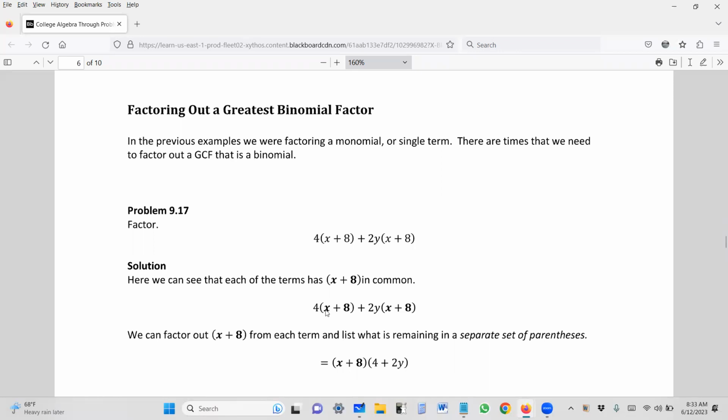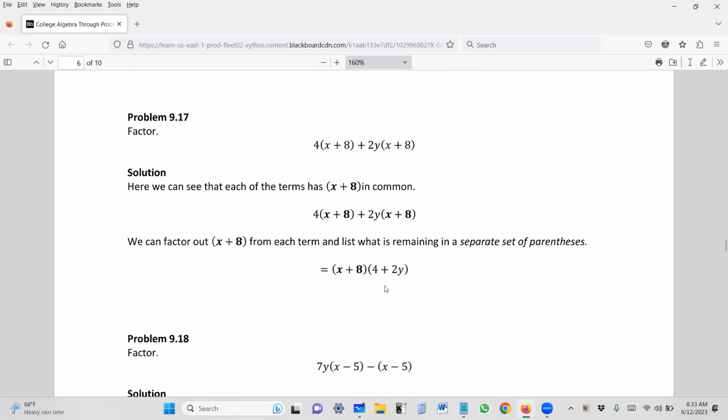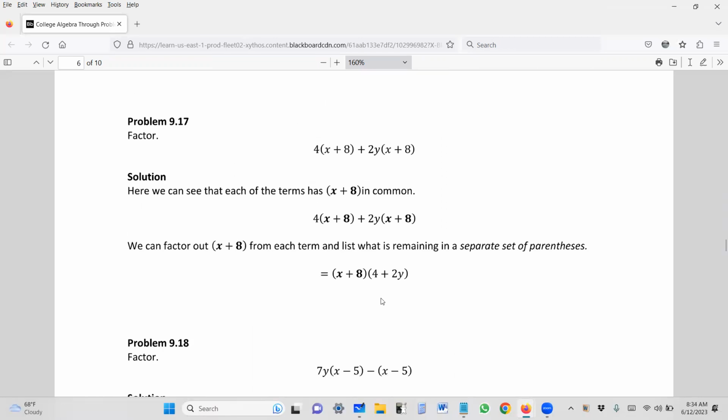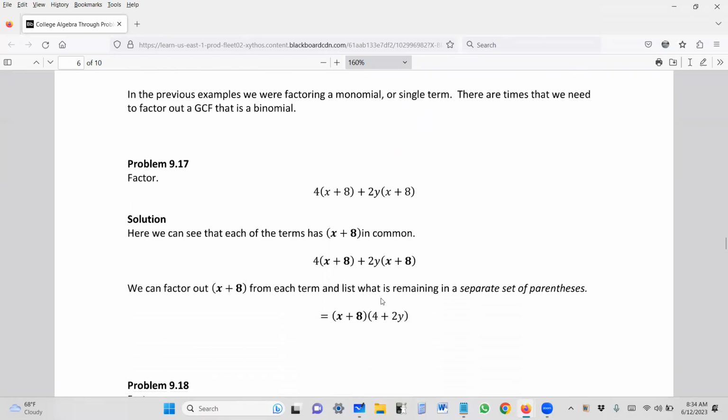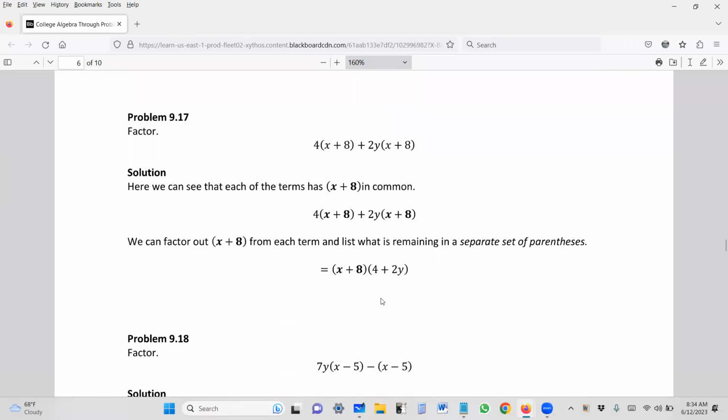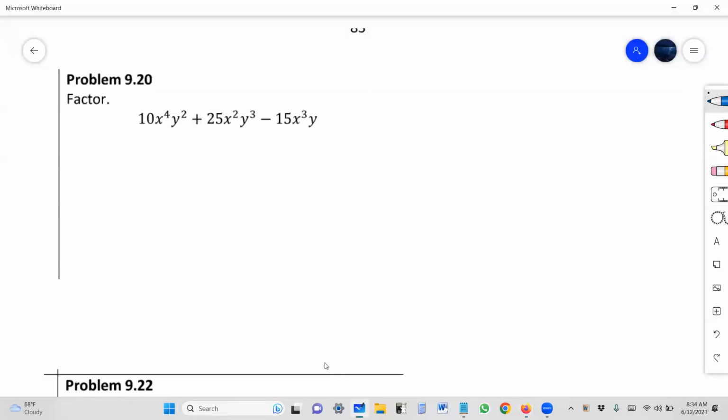Okay, so we'll factor the x plus 8, and in the second parentheses, the two terms that are outside of the parentheses will be included. So this type of greatest common factor, binomial factor, is very easy to do, and you'll see later on when we'll do examples dealing with that. All right, so let's take a look